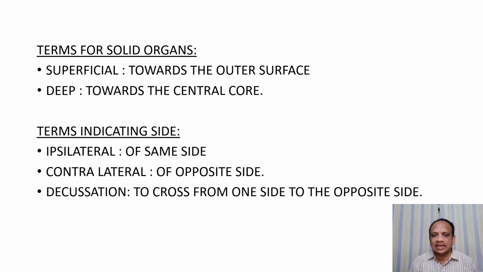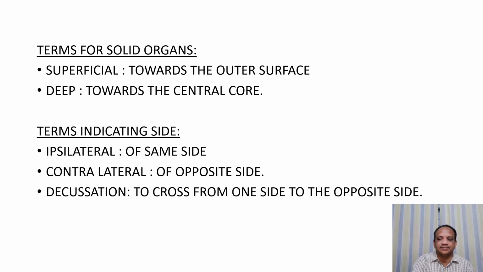But there are specific terms in certain topics, where the terms will be ipsilateral. We see these terms usually in the nervous system. Ipsilateral means whatever is described is on the same side. Contralateral means to the opposite side. Decussation is another term we commonly see in anatomy. Decussation means to cross from one side to the opposite side. The best example is the pyramidal tract, where we see the corticospinal fibers cross from right to left side and